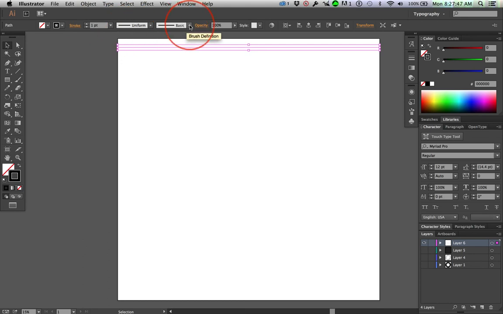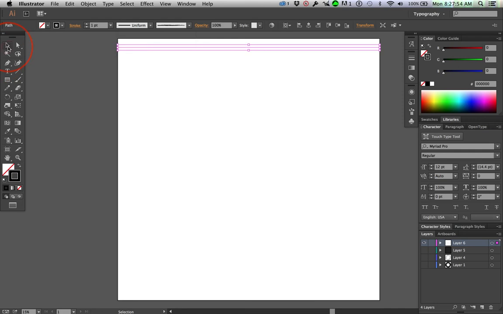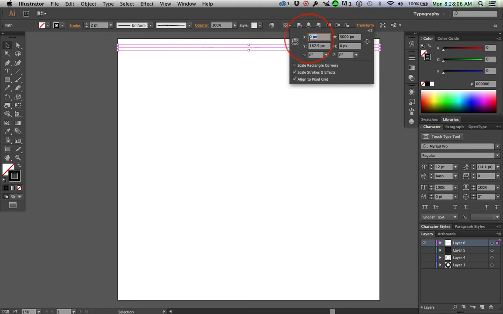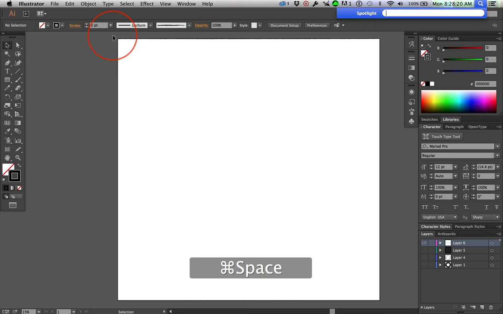What I did is I changed this to this charcoal pencil and then bumped the width up 2 or 3. I think it was 2. I'm not sure. And then positioned it, transform. I positioned it at 0 on the X tab, 5 on the Y. Put it right there. It's 5,000 pixels long,